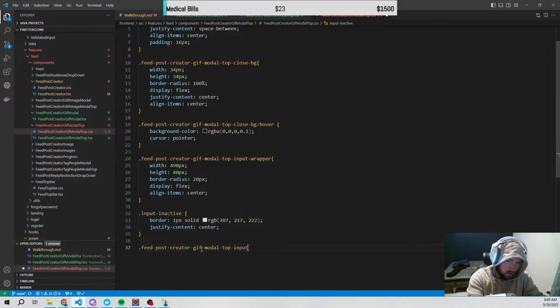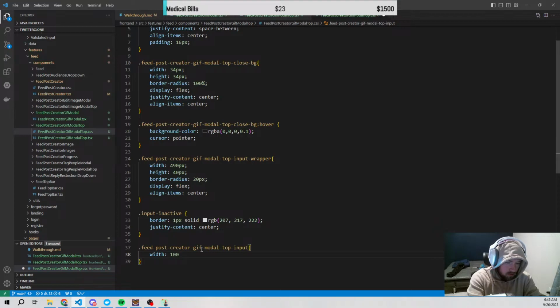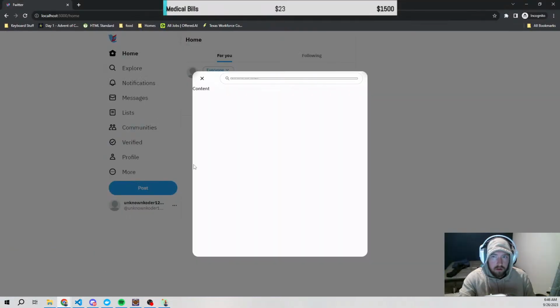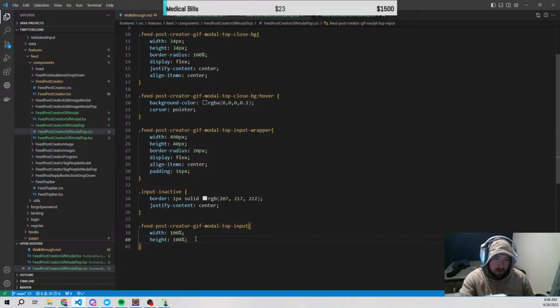Still going to have an issue here. If we say width 100%, height 100%. Let's throw a margin or a padding on this of like at least, I think 16 will probably be too much. Yeah, see, knew that was gonna happen. This also got scuffed. I don't know why height 100% scuffed that, but